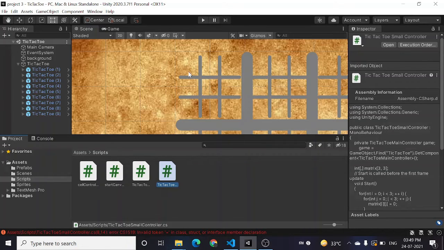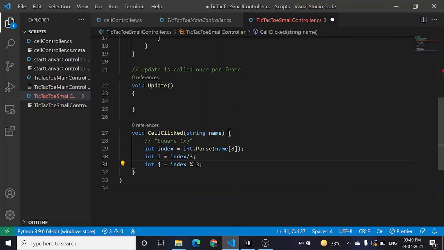And the column is going to be 4 remainder 3, which is also 1. First I'm going to decrement the index, because that is 1-indexed and we are talking about 0-index here. Now once we have the i and j, all we need to do is matrix[i][j] is going to be